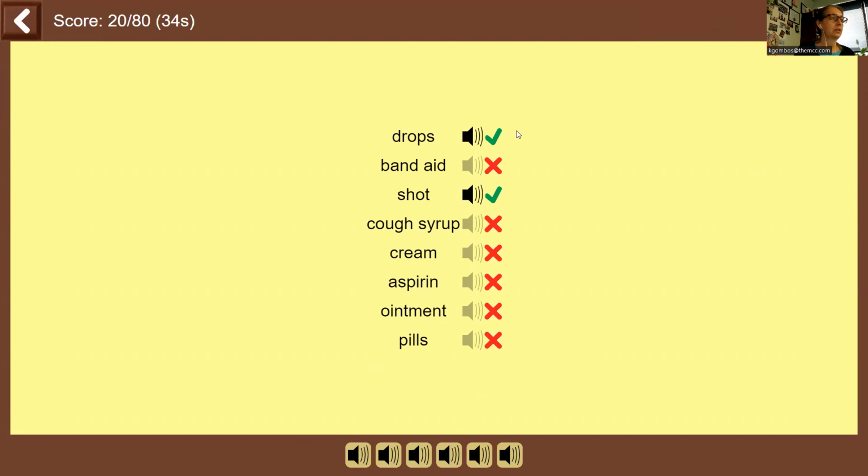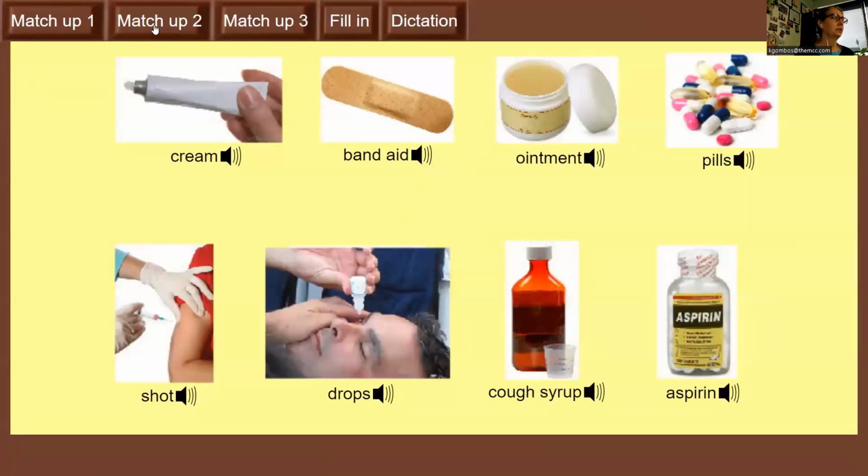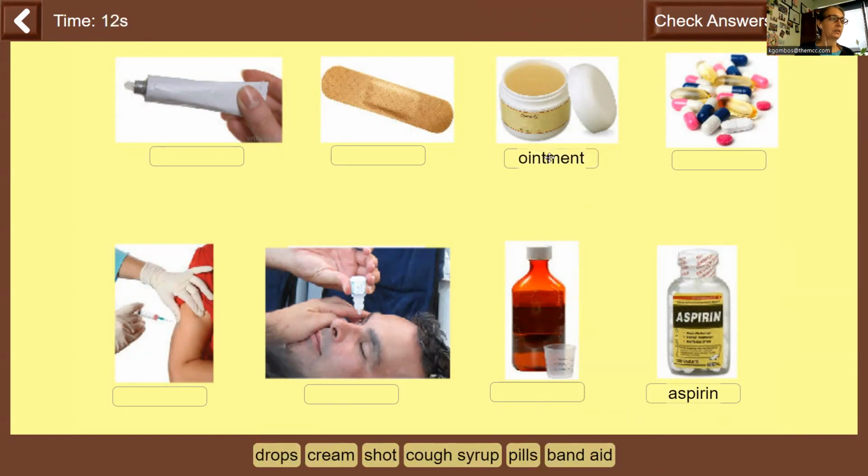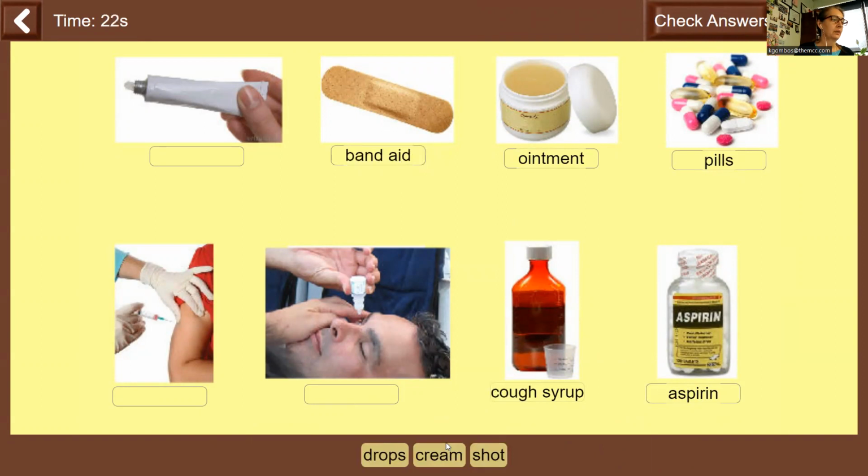You can click on it and you can check your answer because these exercises you are not sending back. When you finish with this exercise, in the top left corner, you have an arrow that you can click on, and then you can go to the next exercise. So the same kind of idea here too. You see, you take one aspirin and you put it under the correct picture. Okay, then you have ointment, you put it under the correct picture. Cough syrup would be this one. Pills would be this, pills and capsules together. Band-aid, shot,